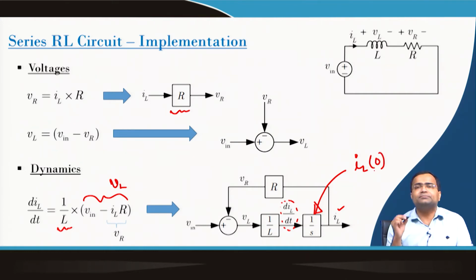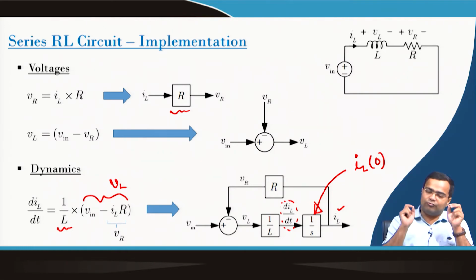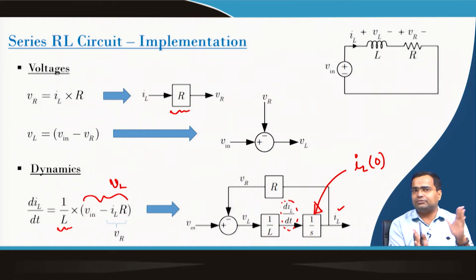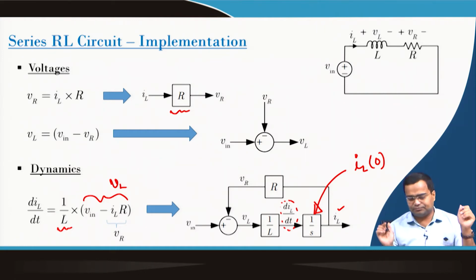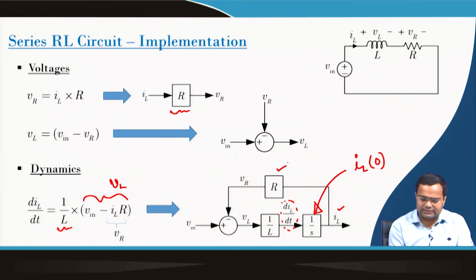Again, whenever we simulate in MATLAB Simulink, we will open this block, we can write symbolically IL0, and we can define this IL0 at the beginning using a .m file, so that we do not have to change manually each and every initial condition, that will be even confusing. Then this is the load resistance, this is the inductance voltage, which is multiplied by 1 by L, this is your dIL/dt, and this is implemented here.